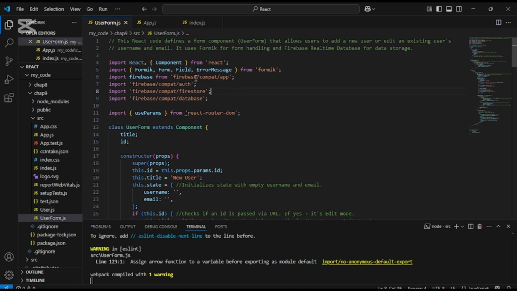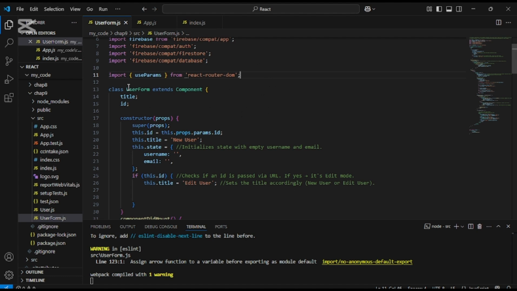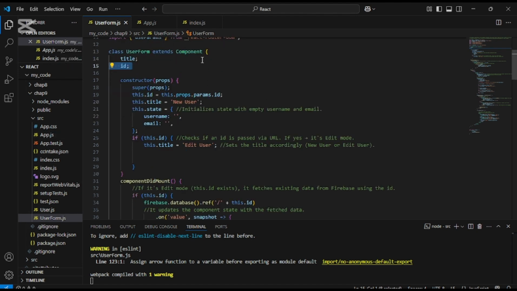So from Firebase, I've imported auth, Firestore, and the database this time in order to link the functionality of creating a user and editing a user, linking that to the database to update the database or to add new users to the database. So over here we have basically our component with title and ID as variables, and in the constructor in here, in this .state, username and email are empty strings,